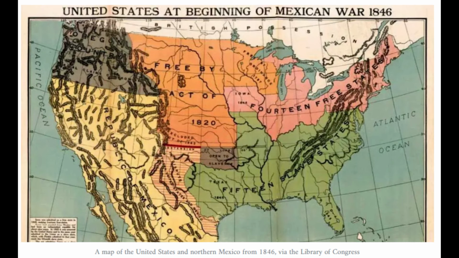And so that resolved the claims, sorted everything out in the Northwest. So the focus of the United States no longer had to be to the Northwest, it could be to the